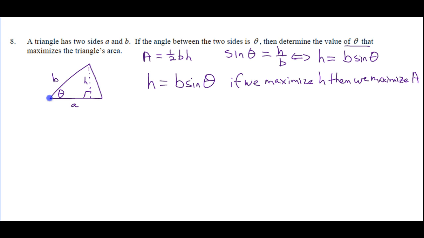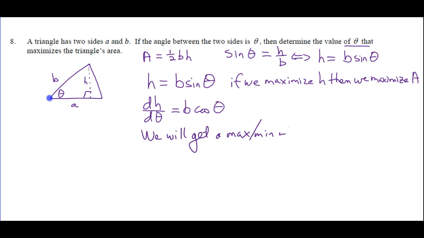Okay, so let's do dH by d theta, and remember, b is a constant, right? So just think of it as like 5 sine theta or something. So you're just going to write down the b and then cos theta, being the derivative of sine. So we know that we would have a maximum when b cos theta is 0, right? So we will get a max or a min, right? It could be the minimum when,